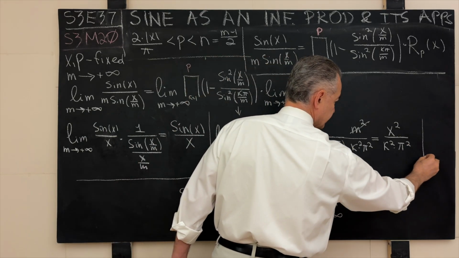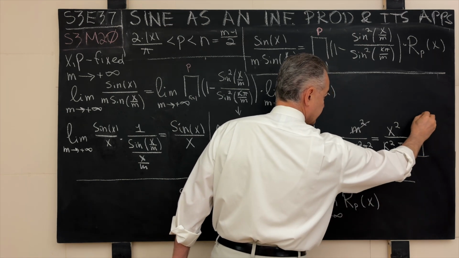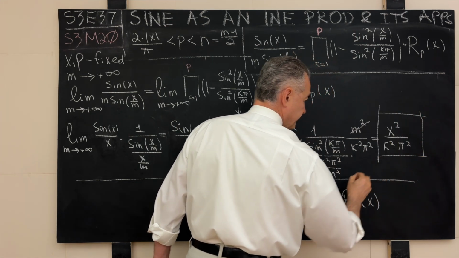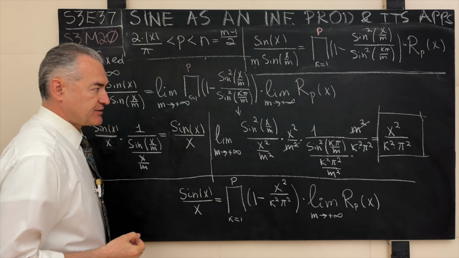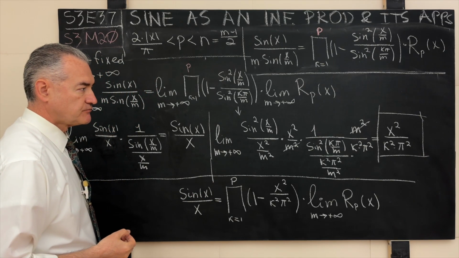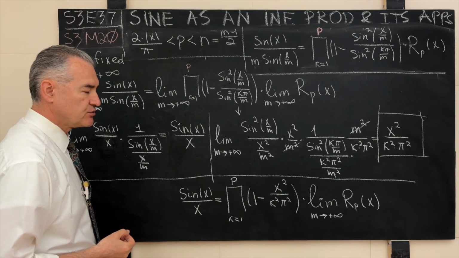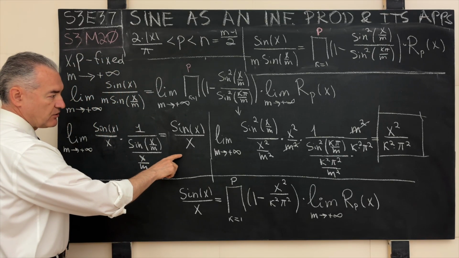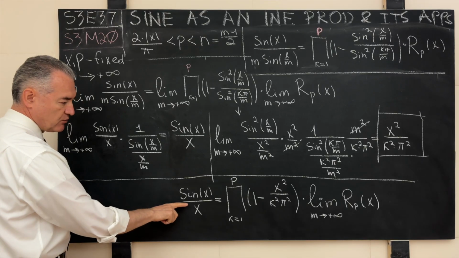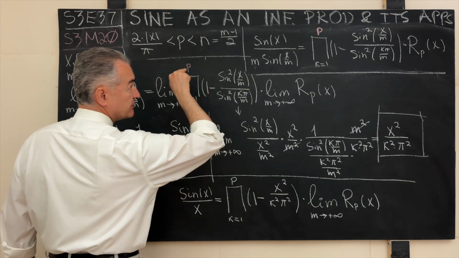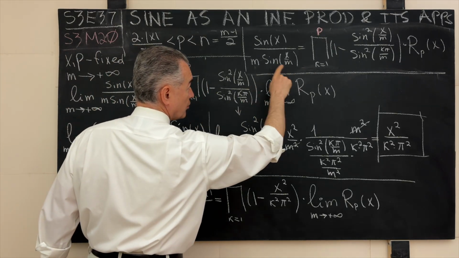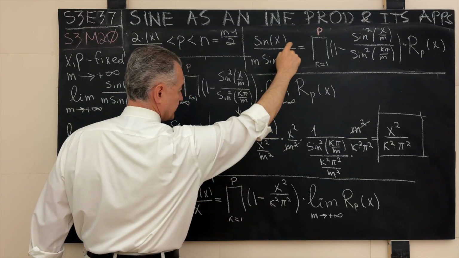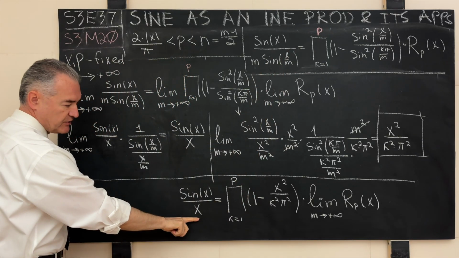And now you already start seeing how our answer begins to emerge. And once we write down our results over here in the bottom, we have, as a result of taking the limit of this expression through, when m tends to positive infinity, x and p fixed, we have this: